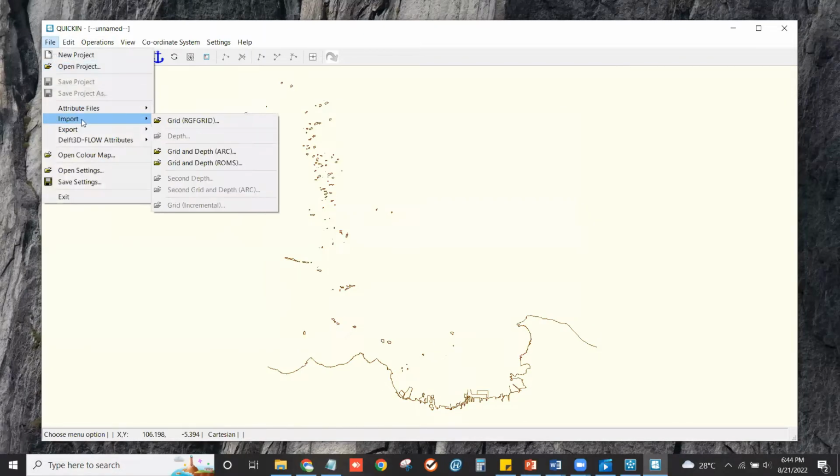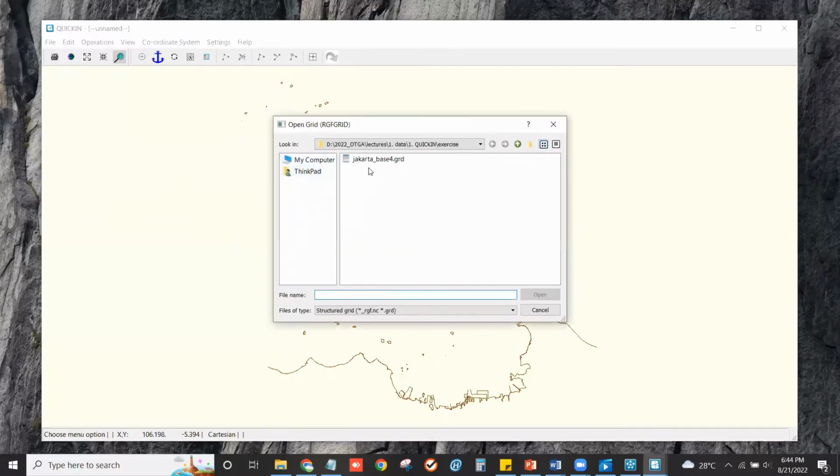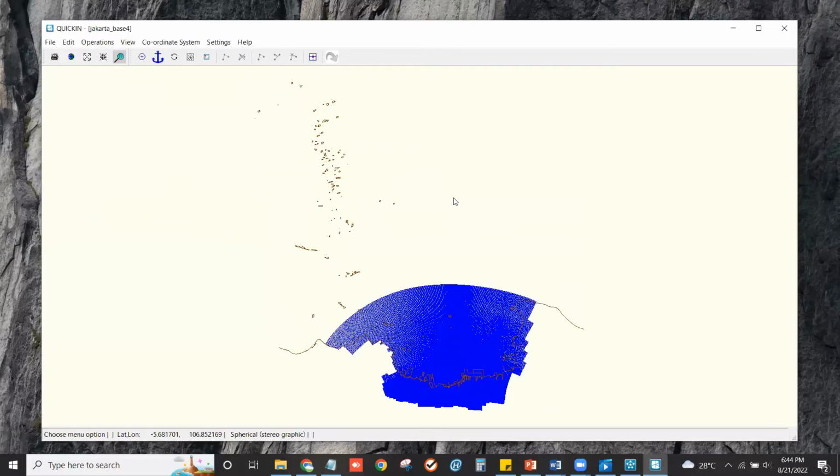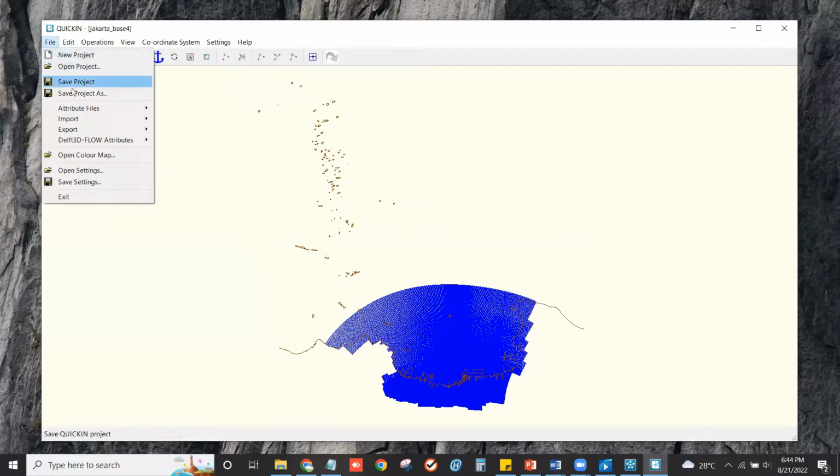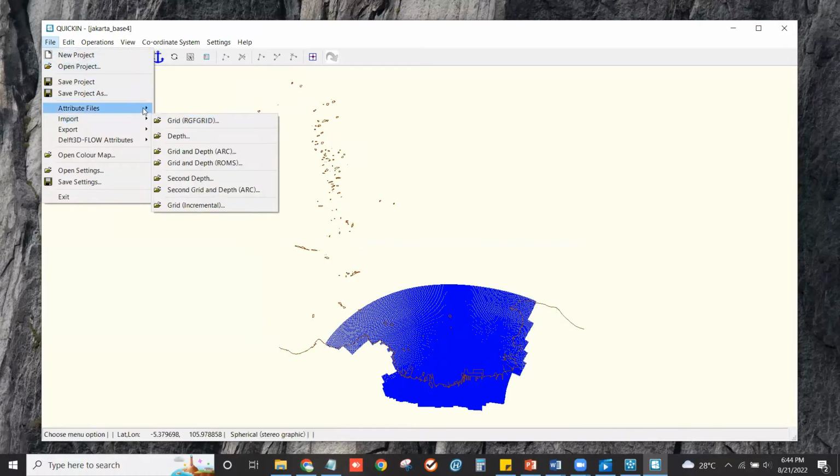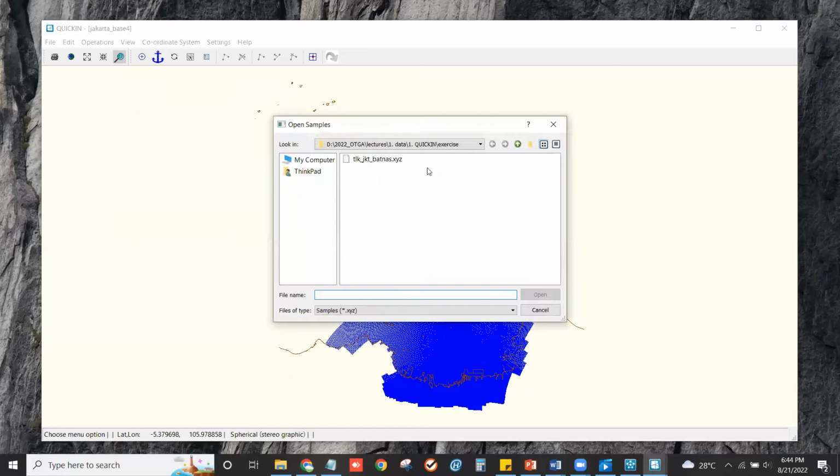Okay, we can open the grid, Jakarta base 4. This grid has been made on the Gulf of Jakarta, and we can open the open samples.